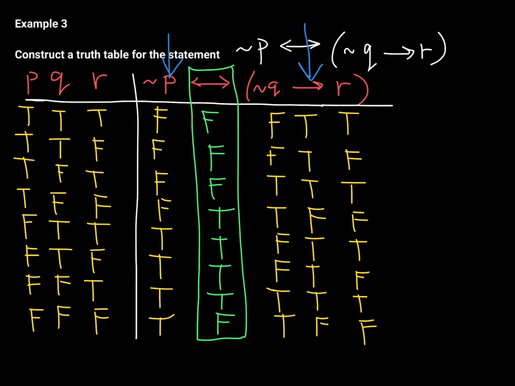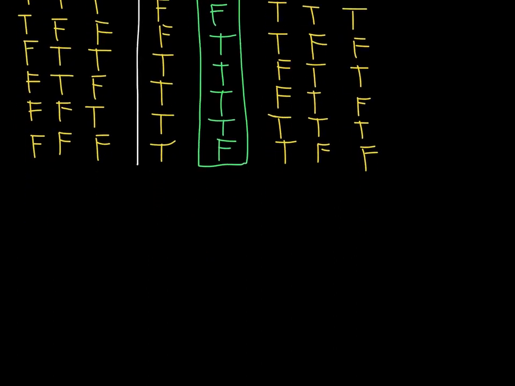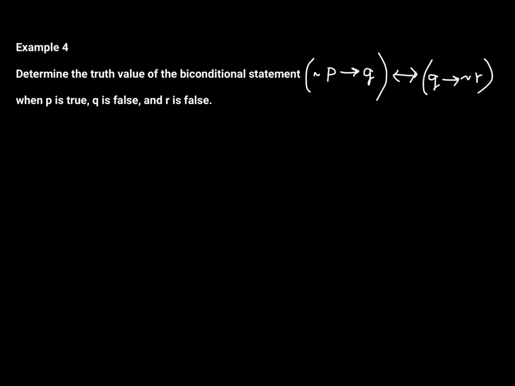Now, in a previous lesson, we talked about how if you have a compound statement for which you already know the truth values for each of the statements, you don't need a complete truth table. Let's look at another example like that. All right, for this example, we don't need a full comprehensive truth table because they want us to figure out the truth value of this biconditional statement when P is true, Q is false, and R is false. All right, so let's start with this statement. Not P, if not P, then Q, if and only if Q, then not